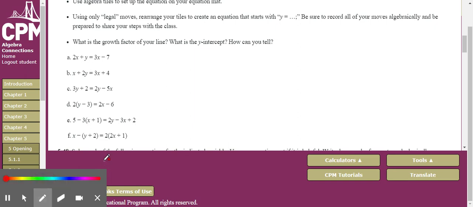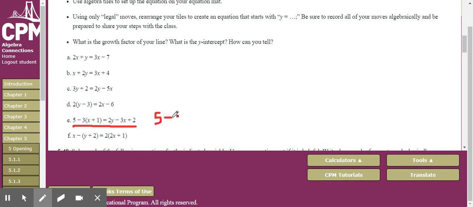Let's look at one that's a little more complicated that will incorporate some of the work that we did with the generic rectangles and the distributive property. So when we look at problem E, I notice that I've got these parentheses in here that I need to deal with first. If I were building this with algebra tiles, I would need to have 3 x's and 3 1's. So what I've done is I've multiplied 3 times everything inside. So when I rewrite that,